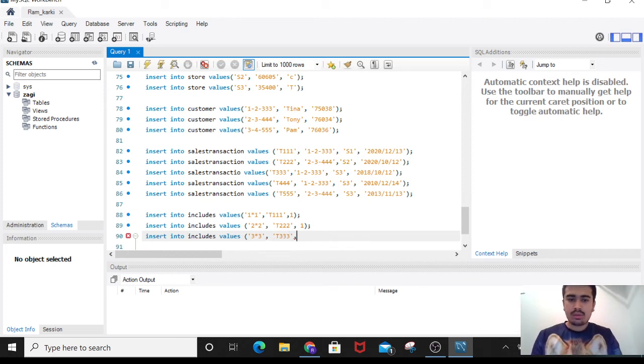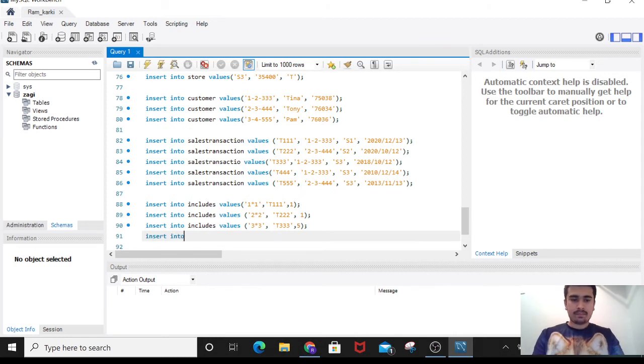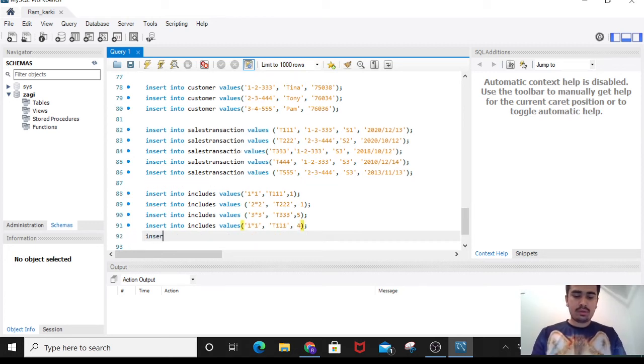Okay, numeric value will be 5. 1, 1, comma 4, bracket, nope, close the inverted comma, open the only inverted comma for this, semicolon,